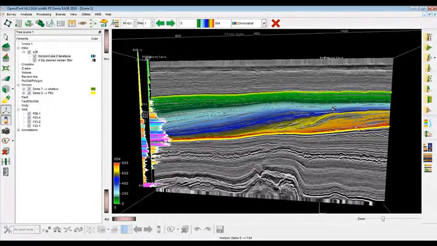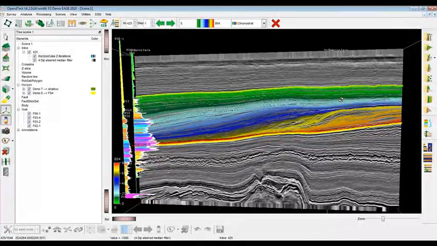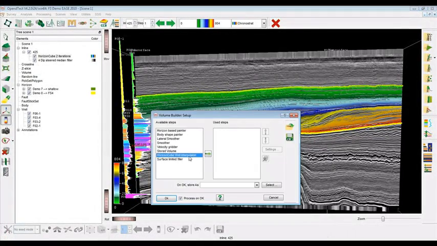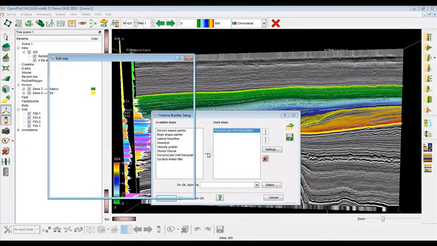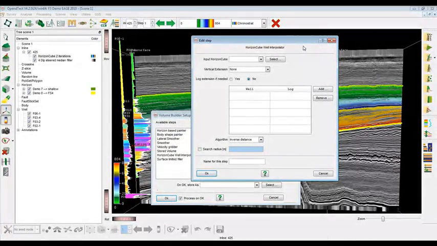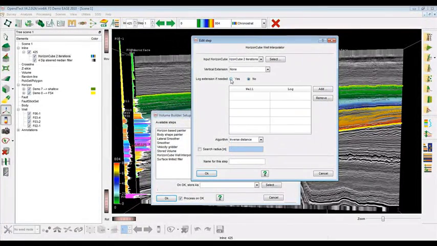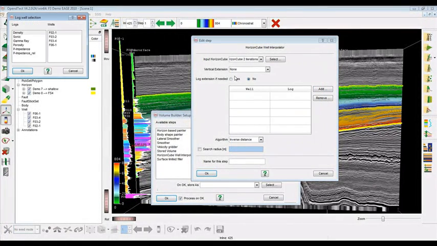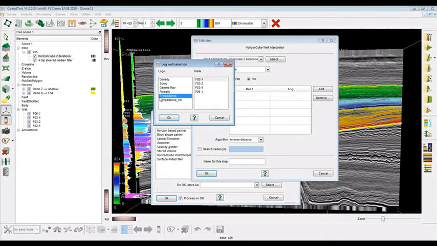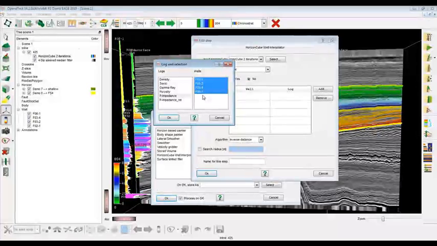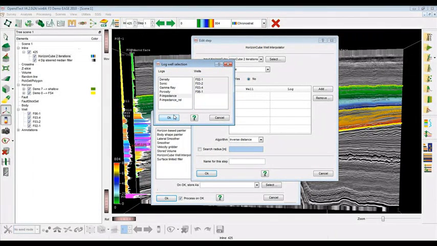The gridding as such is done in one specific step of the volume builder. The volume builder is this icon with 3 cubes, and we'll use one very specific step that is doing this entire workflow. It's called the HorizonCube well interpolator, and as input it will use the data I've just shown: the HorizonCube that I've made with 2 iterations and our well logs. The well logs will be P impedance logs selected for all my wells, or for any selection of wells in